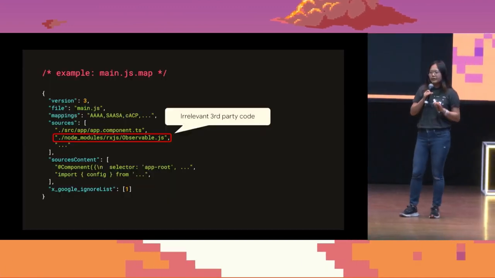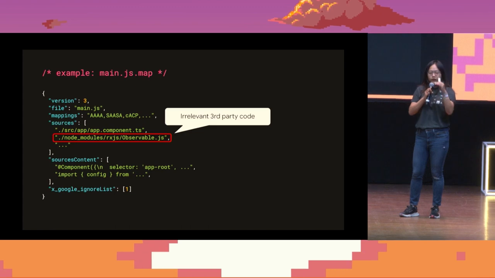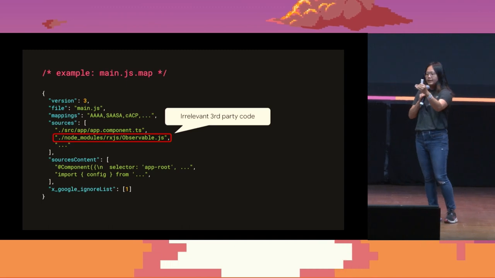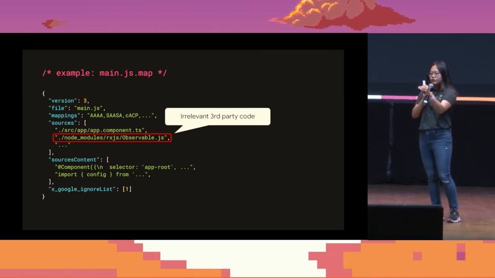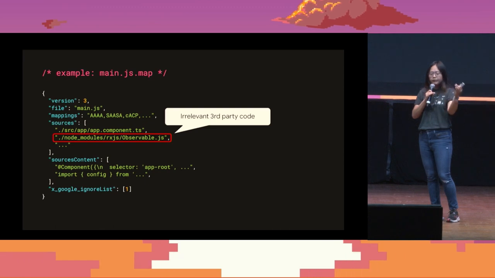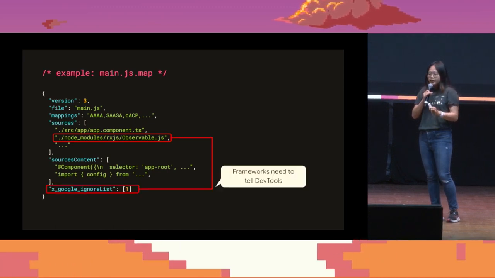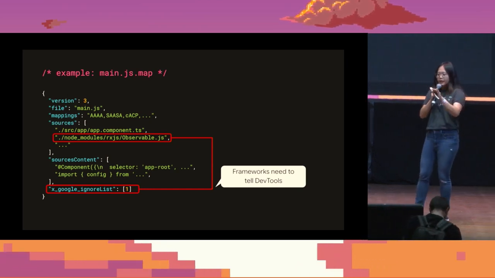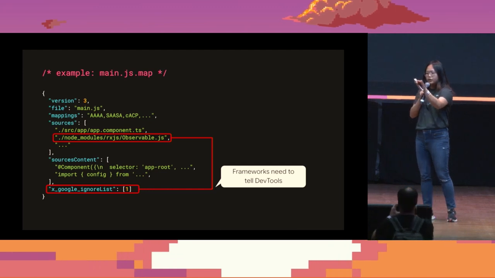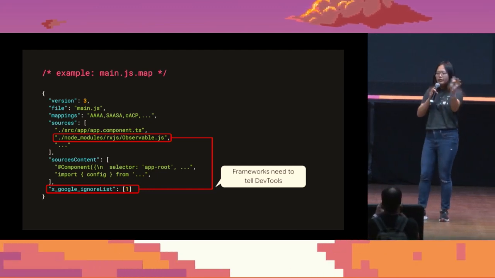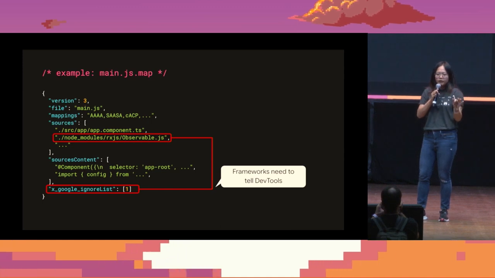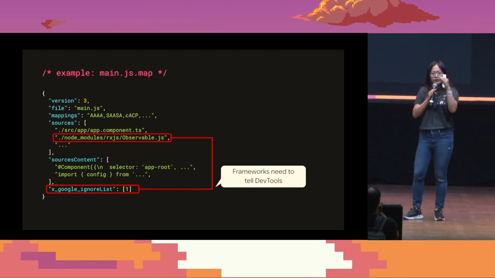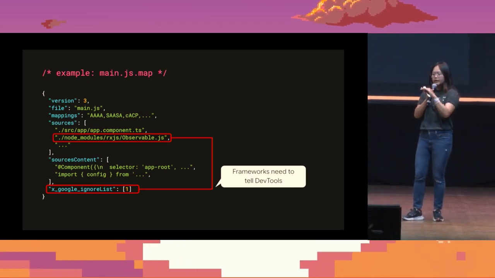But this is something that the browsers, the frameworks, and the build tools need to let us know. For example, let's say the second line is the node modules observable. This is a file from a library that you don't want. There is another field here called x_google_ignoreList, and it puts the position of the source variable. It says that this file should be hidden by default because developers usually don't want to debug it. So frameworks need to tell DevTools when they compile the code that this is something that we